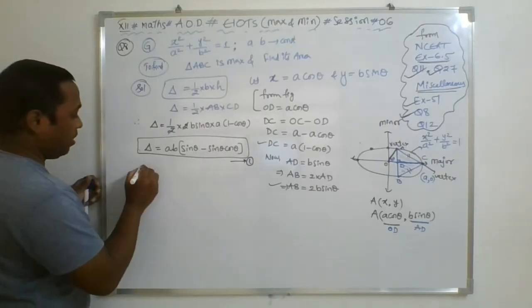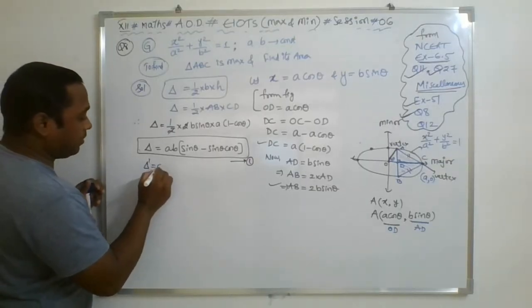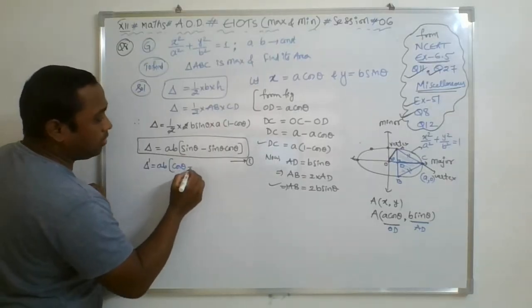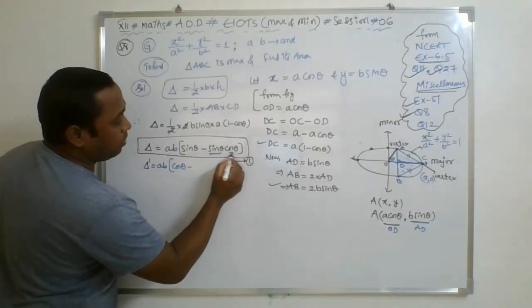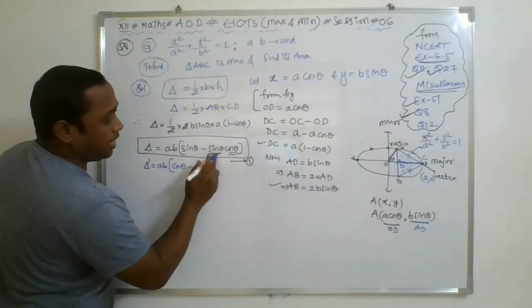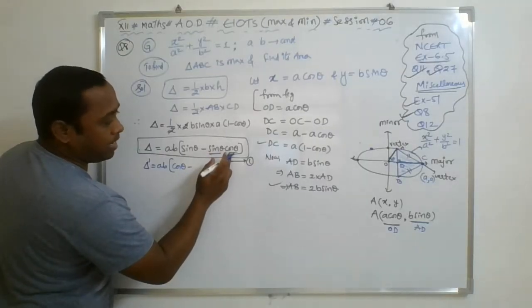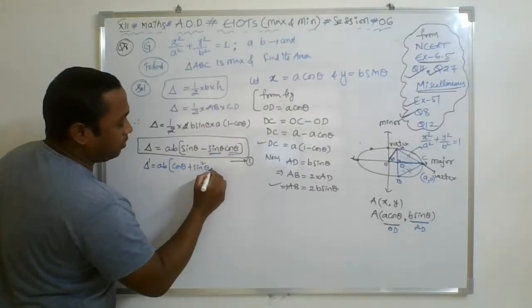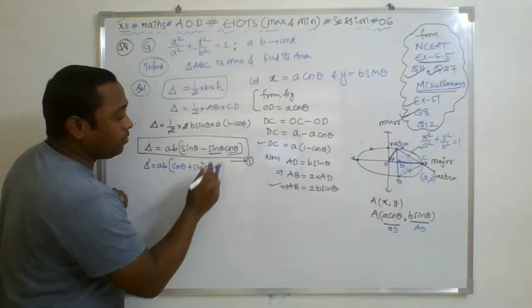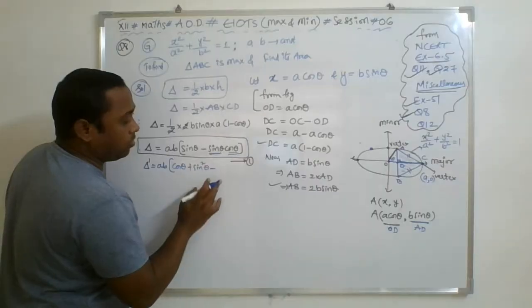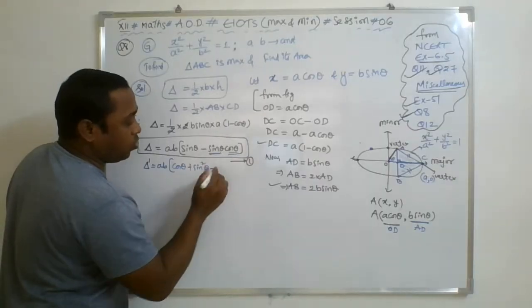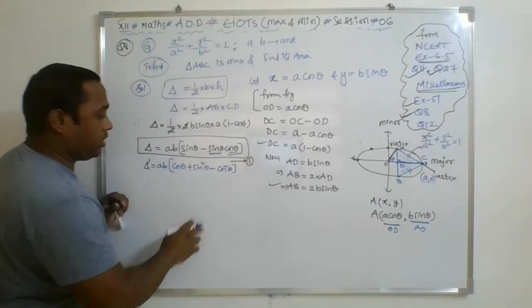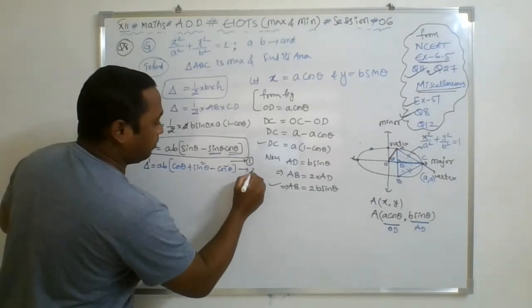Now see, what is the first derivative? AB into the derivative of sin theta, which is cos theta. Then here you need to apply the product rule. So sin theta into the derivative of this, which is minus sin theta, so plus sin square theta. Then minus cos theta into the derivative of sin theta, which is cos theta, so it becomes cos square theta. Okay, the first derivative is done.